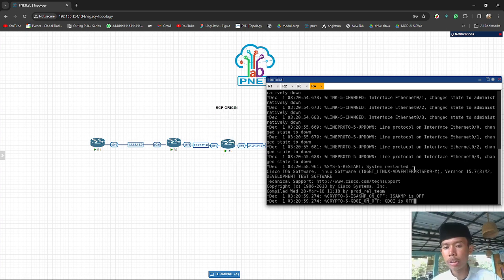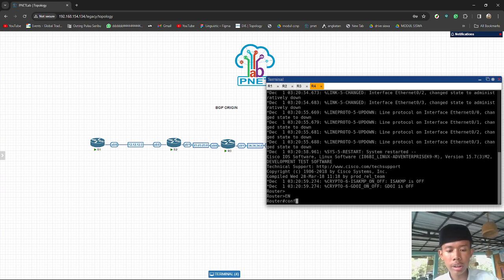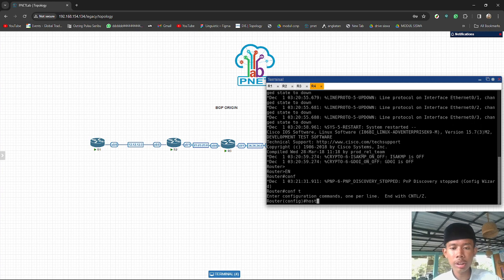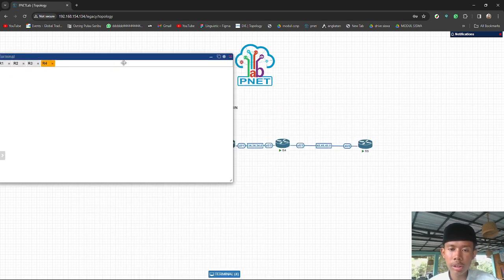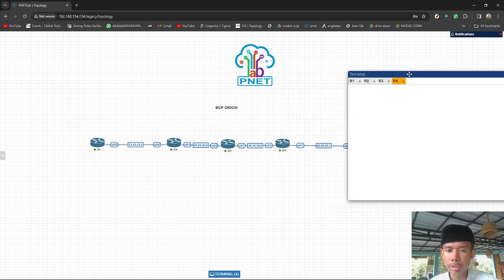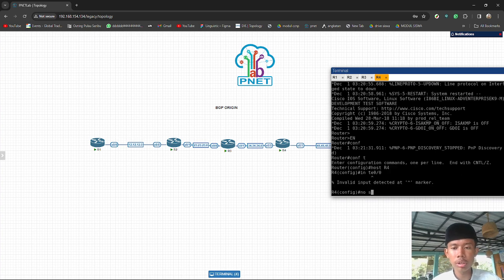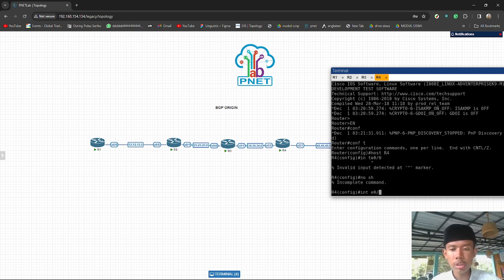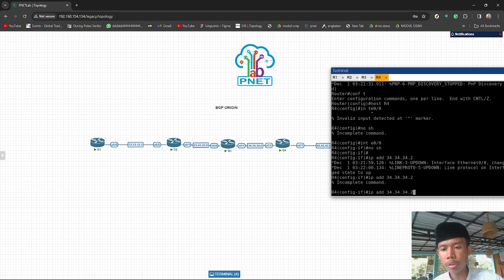Okay, once the loading is done, do the same thing as on the previous routers, starting with the hostname configuration, hostname R4, and addressing based on the topology, 34 and 45. Interface E0/0, no shutdown, IP address 34.34.34.2 with the subnet mask.